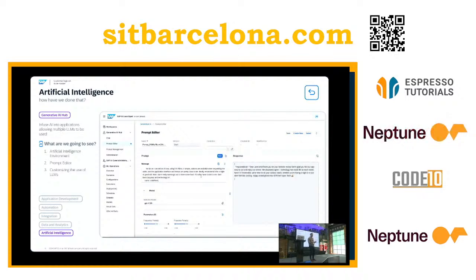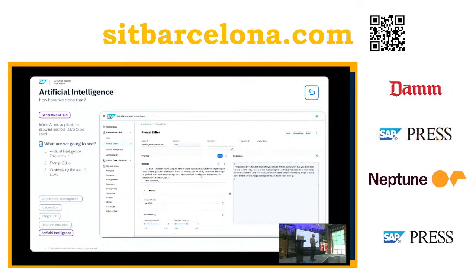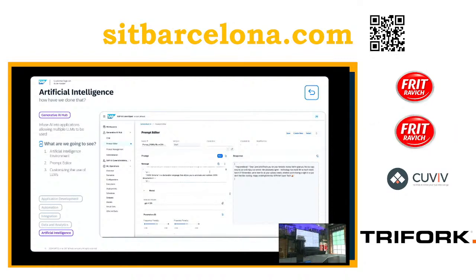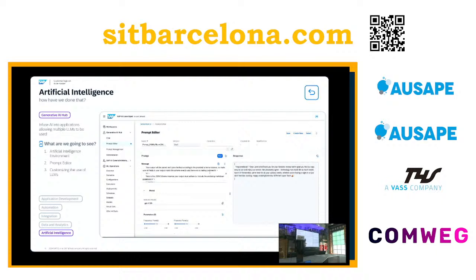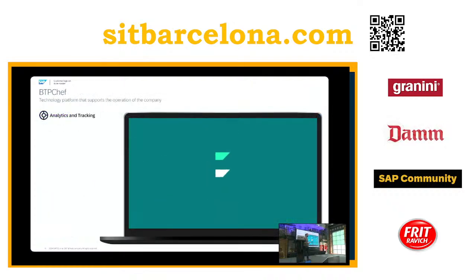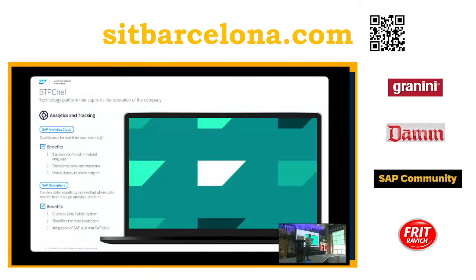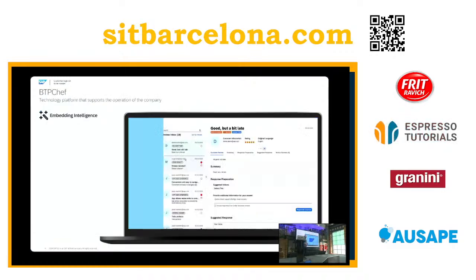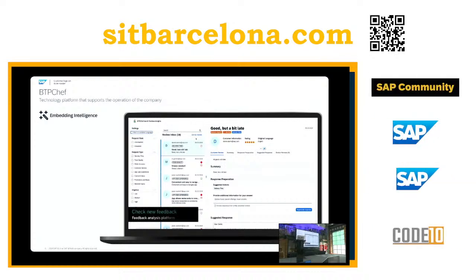So the idea here, we were doing some tests as the users were giving feedback on the food, on the orders, and here you have different parameters. You have the GPT-4, and different parameters that you can modify, and once we were happy with the kind of reply that it was giving us, what we did is, okay, sorry, this is not correct. Let me jump. So here, what we did is we created this dashboard using the AI Launchpad and AI Core,